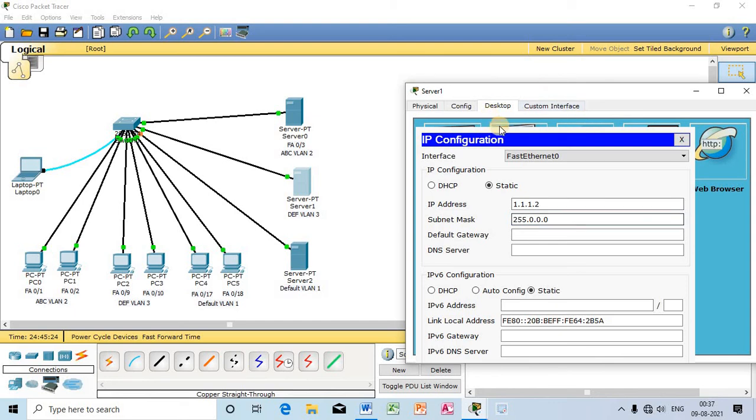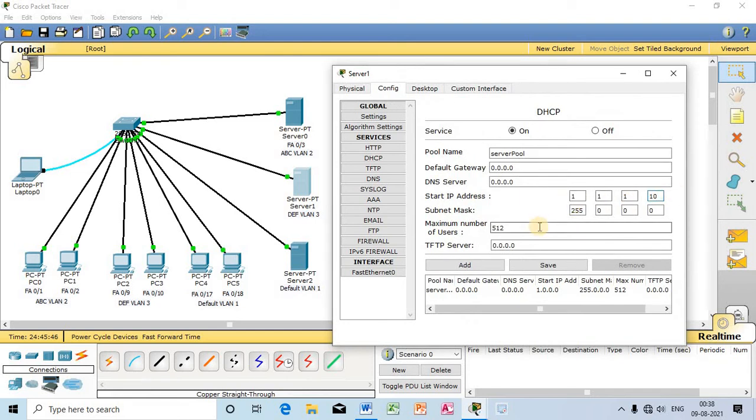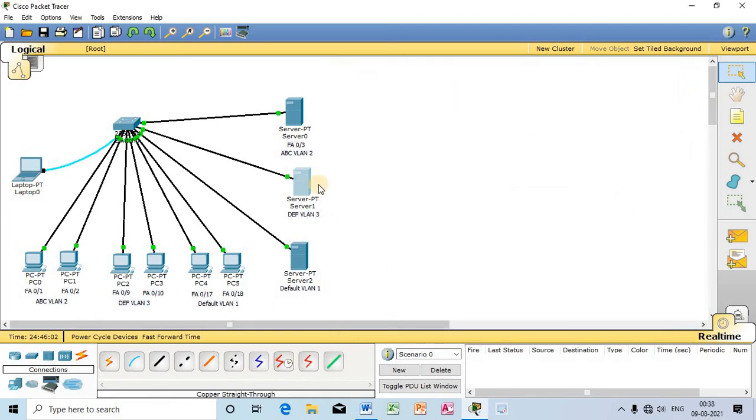Now I will go to Config, then DHCP, I will switch on the service, and the starting IP I have allotted here is 1.1.1.10. For the number of devices which can obtain an IP address from the server, let us give 10. So let us save. I have saved the settings for the server.